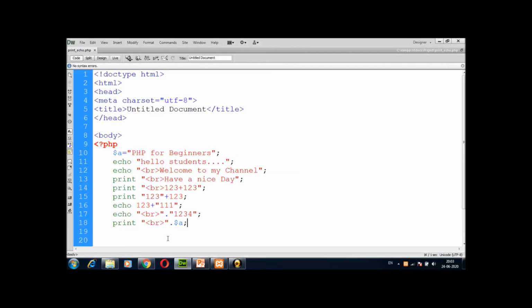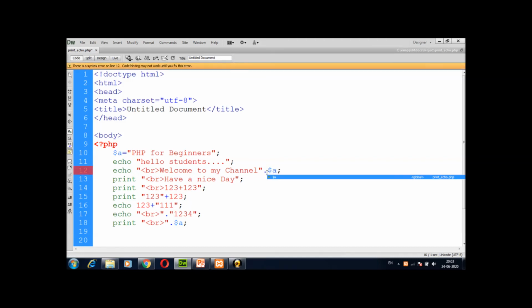So here also I use the concept of concat. I concat the variable and my normal break statement. Suppose I use here "welcome to my channel". Then I use a dot and the variable name $a. So it will print like this: welcome to my channel. Then it will print the variable's value, and the value is PHP for beginners.